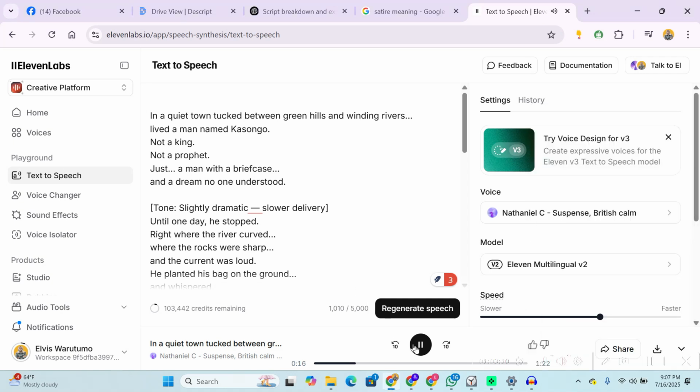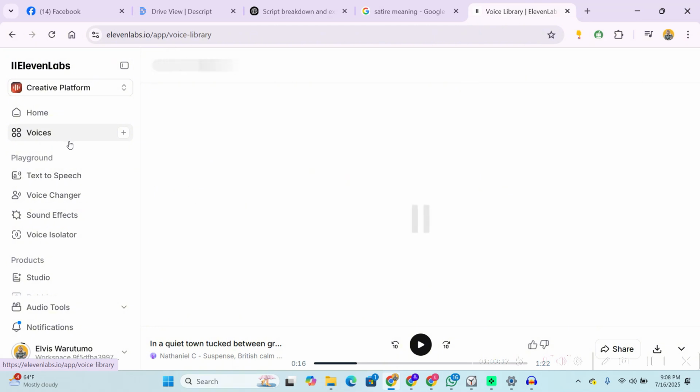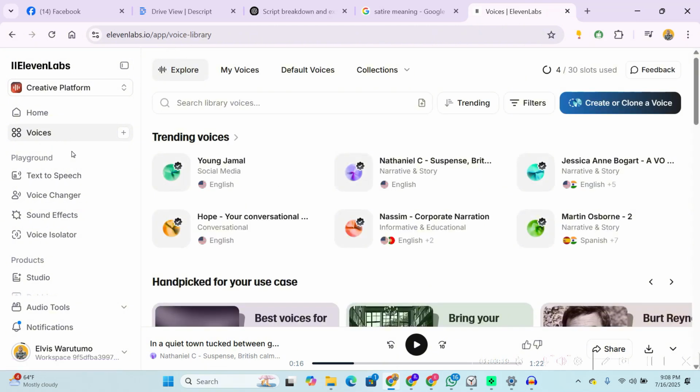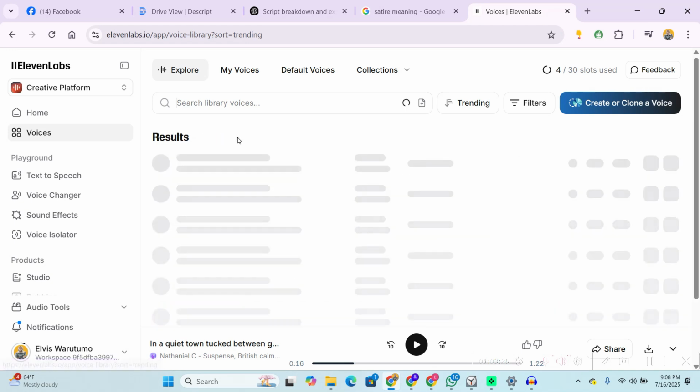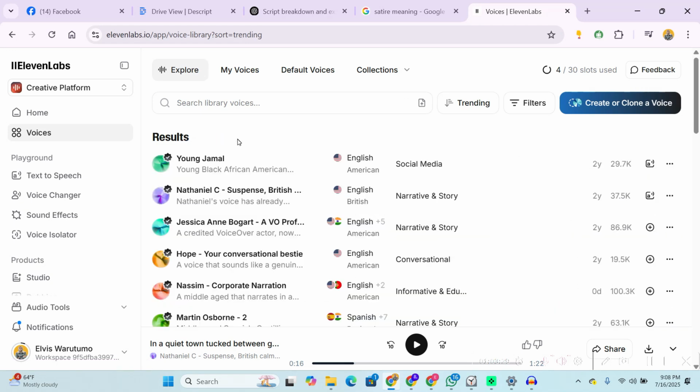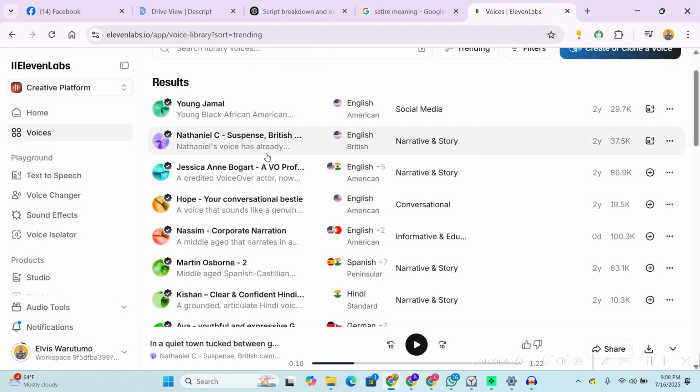Tone, slightly dramatic. You see, we can select, for example, if I go back to the voices again, I wanted to show you something. You can select a different voice. For example, if you click on the trending voices, you can see the trending voices that are being used by people. And you can use these voices, for example, if you're a creator and you want to target. Now, most of these voices are already here. All you have to do is get a